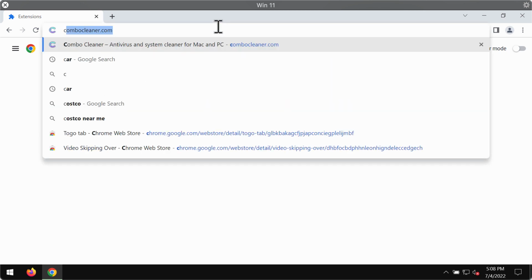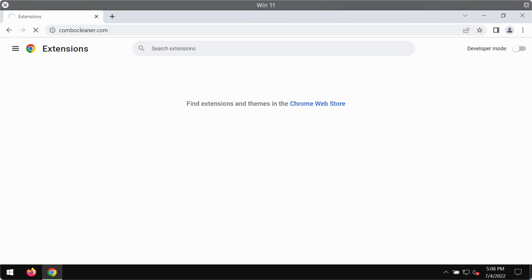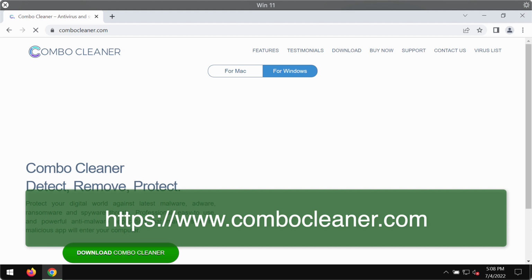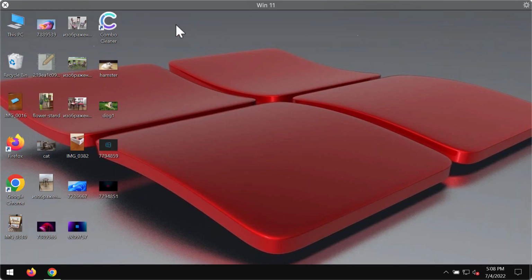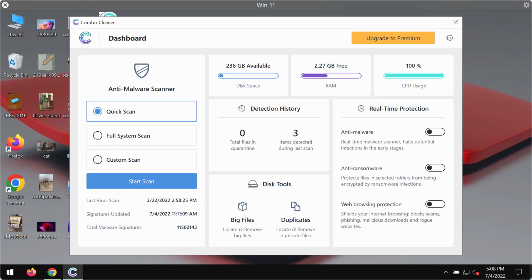Finally, I recommend that you research the system additionally with Combo Cleaner Antivirus. You may get it on the page combocleaner.com. Use this green download button, install the software, and begin carefully researching your system to detect and delete other threats